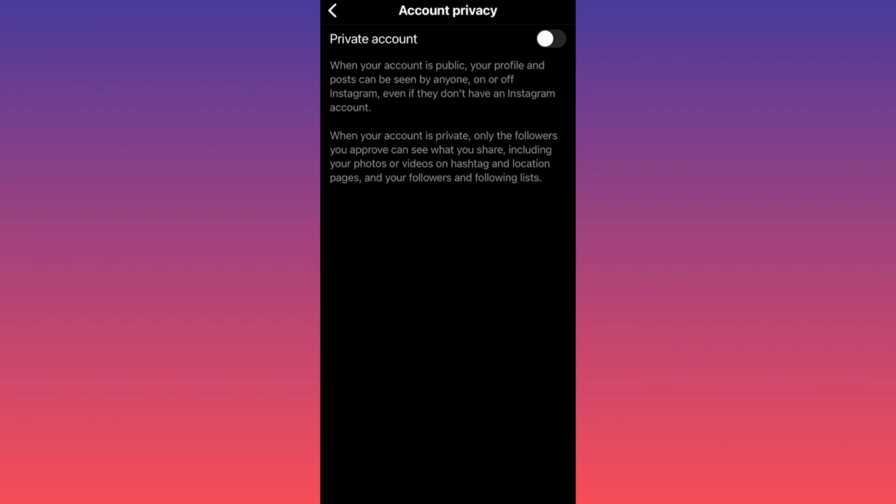Very important note and pro tip, you can only switch to a private account if your account is personal right now. If you have a business account, you cannot, let me repeat this, you cannot make it private, because the whole purpose of having a business account is to be open and to sell stuff. So if you're currently on a business account, you want to shift back to a personal account, and then from the personal account you want to switch to a